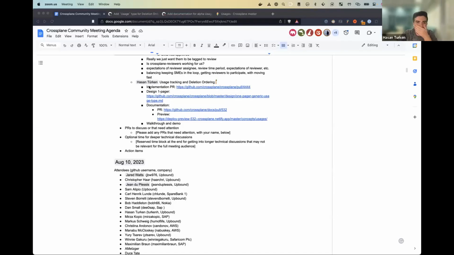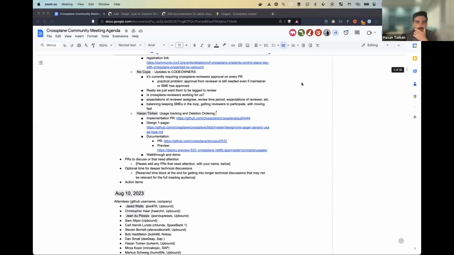Okay, so basically the idea is, there is an infamous problem: if there are multiple managed resources with a dependency between them, when the composite resource is deleted, we may end up with some orphaned managed resources.